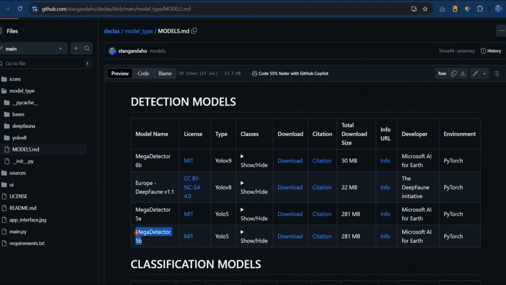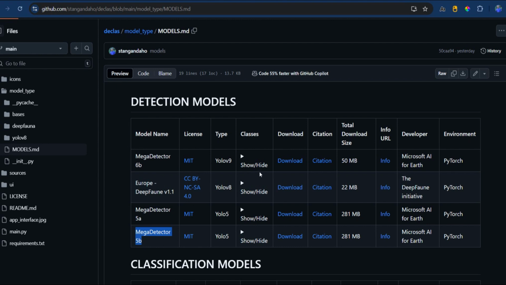Here you can see, for example, we have Mega Detector 5B beta version, alpha version. We also have a Europe Difona model for detection, and we have the last version of Mega Detector, version 6 beta, that is not yet released publicly, but I have accessed it and I already implemented it in DClass, and we can use this model.